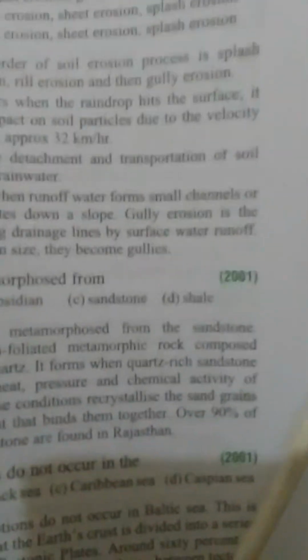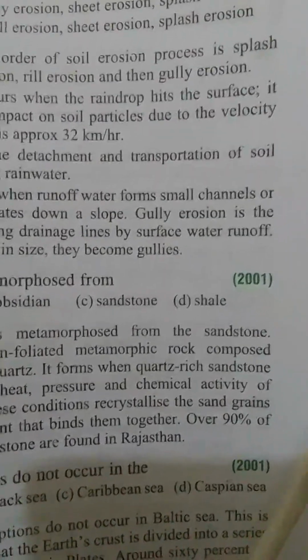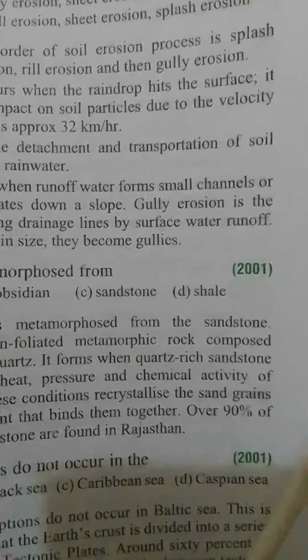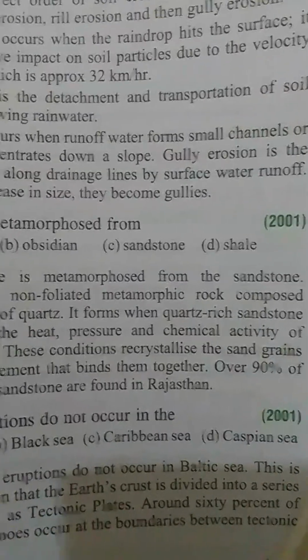Soil erosion: splash erosion, sheet erosion, rill erosion, gully erosion. The correct order of the soil erosion process is splash erosion, sheet erosion, rill erosion, and then gully erosion. Of course, when the raindrop hits the surface,